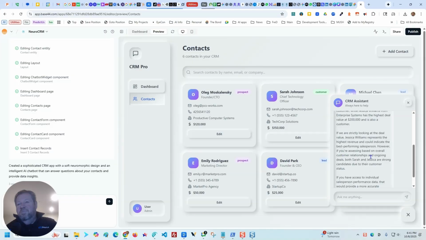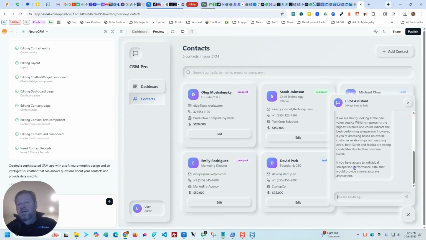However, if you're assessing based on overall customer relationship and ongoing deals, both Sarah and Jessica are strong candidates due to their customer status. If you have access to individual salesperson performance data, that would provide more accurate assessment. Okay, so it's a little bit wordy, but it does seem to do a good job in responding to the question. Let's say,